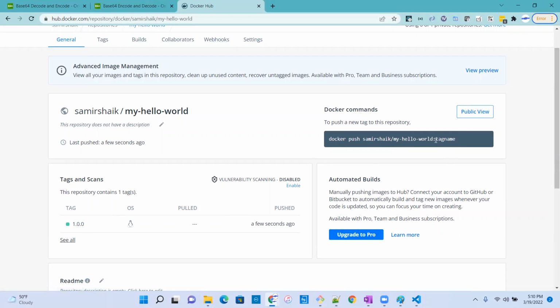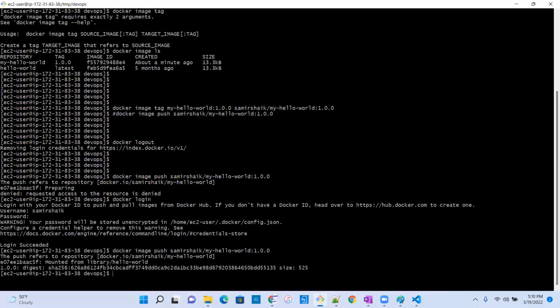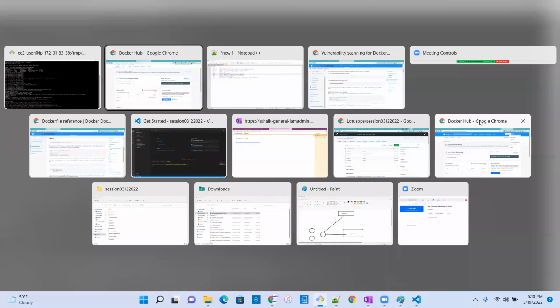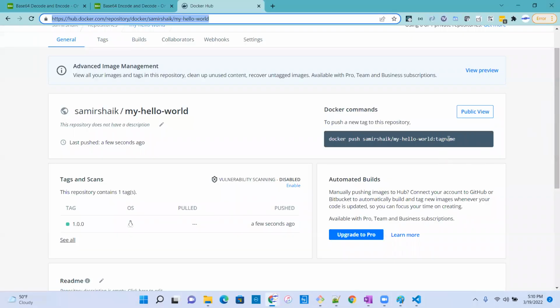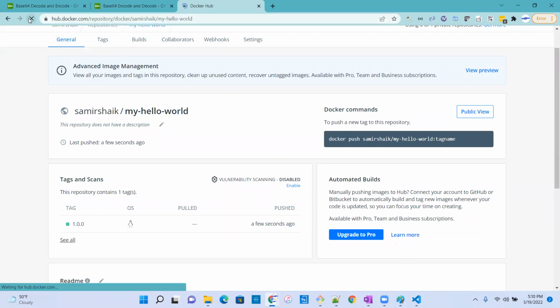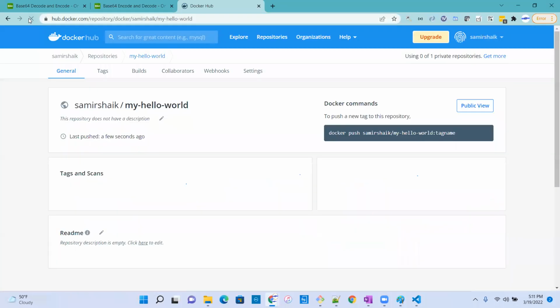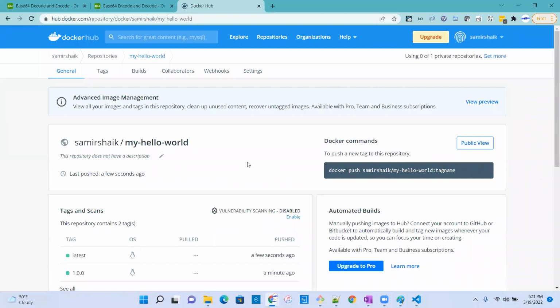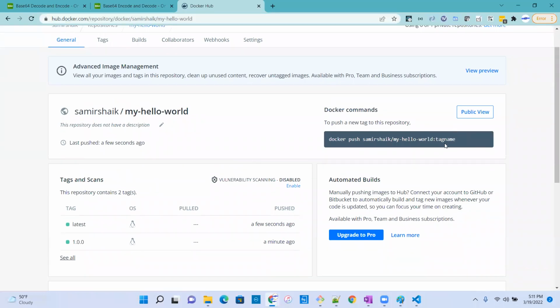So if I want to not have this tag name over here, what I can do is tag it again and tag it as latest this time. And then when I'm pushing it, push it as latest. I'm hoping that it will not show the tag name, it will show latest. No, it doesn't show. So basically, I was hoping it will show the latest. So now I have two tags over here. So when I pull this,